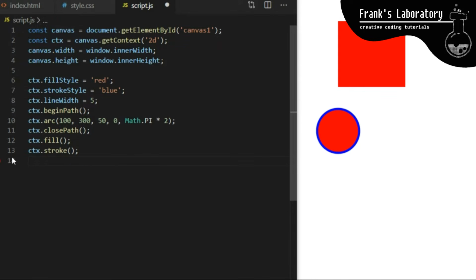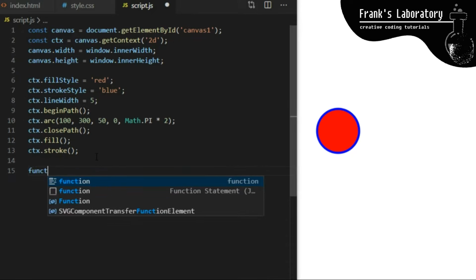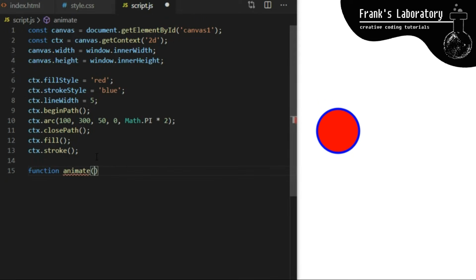I will delete the rectangle now. We have our circle. How do we make it move? I create a custom function called animate. Its job will be to create our animation loop, which will just basically redraw canvas over and over, creating an illusion of movement. So first, there will be some code to draw each frame, and then I pass it built-in